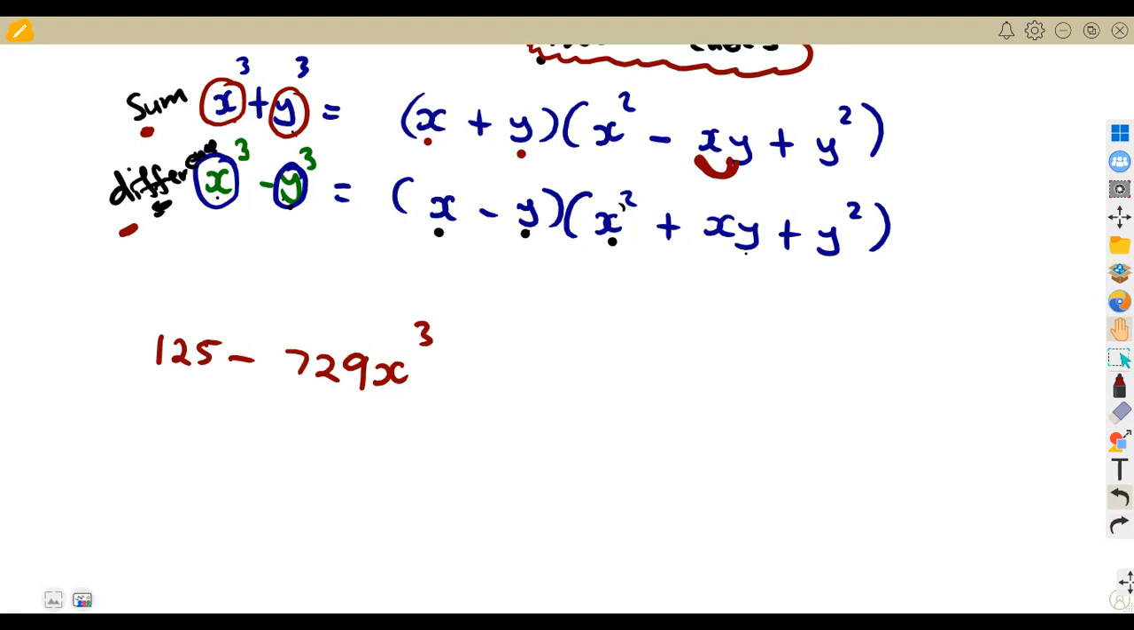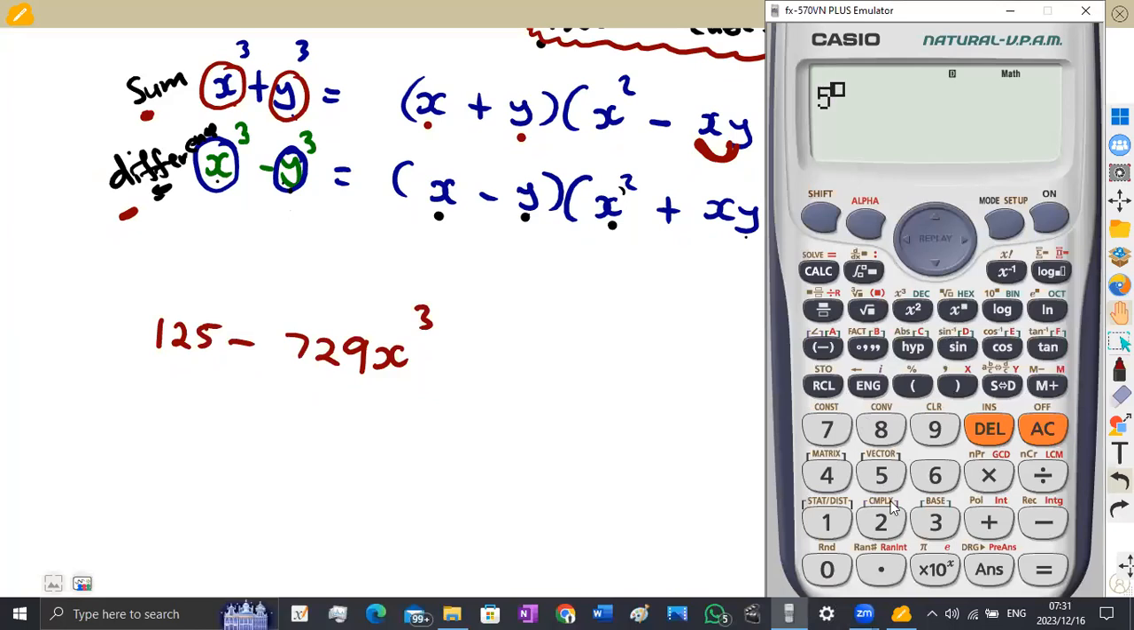Which number are you going to use? It's going to be trial and error of the numbers to say which number am I going to use. If you use 5 to the exponent of 3, it gives you 125. If you try 6 to the exponent of 3, this is 216. 4 to the exponent of 3, no. So that one is a 5. 729 is from 9. 9 to the exponent of 3